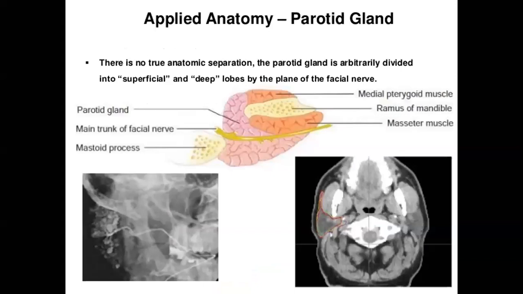Now, anatomically, on the parotid gland there is the main trunk of the facial nerve running through that gland, which separates it into the superficial and the deep parts. From the mastoid process, there is the main trunk, and then it divides into the branches of the facial nerve. Now,